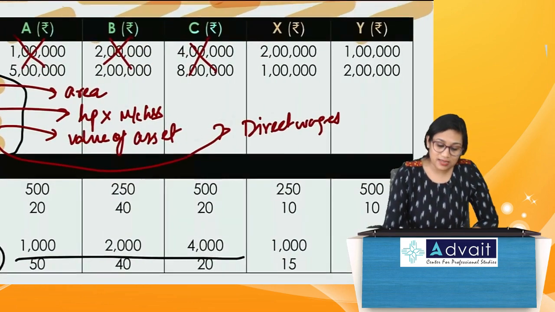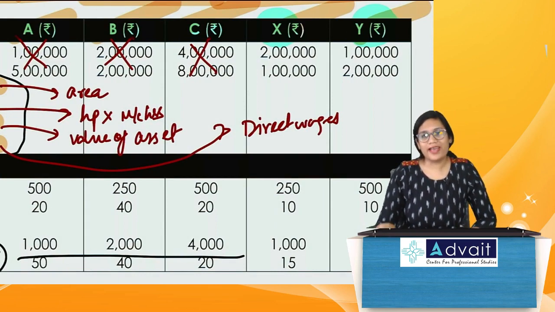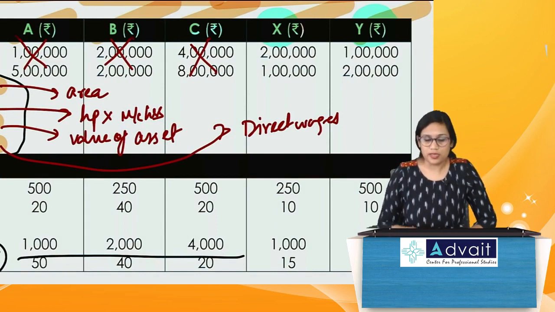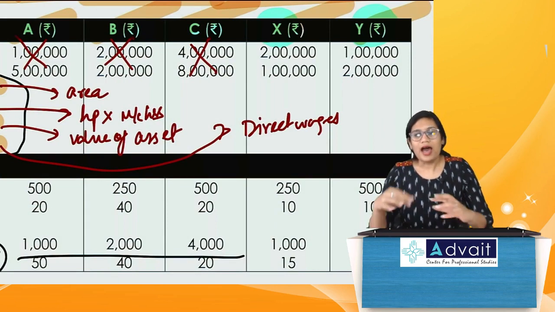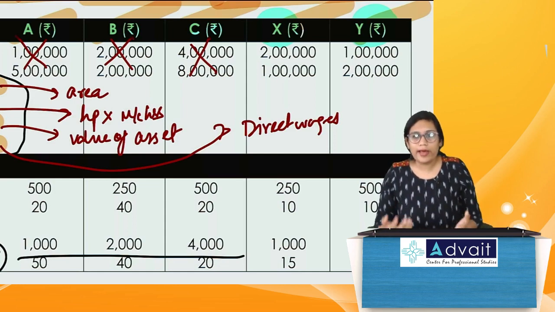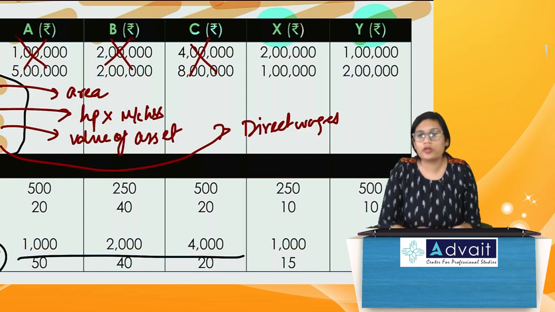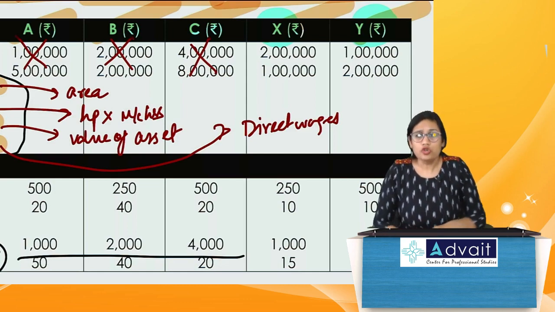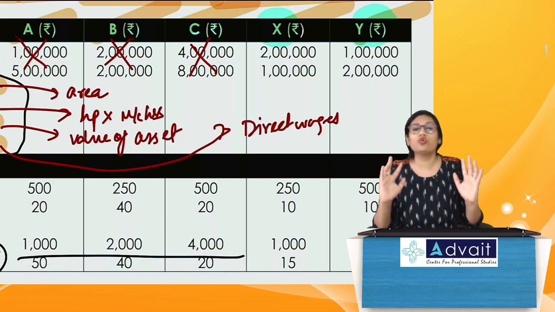But guys, when we are talking about X and Y, which are service departments in totality, service departments in totality are indirect to the product. Why? Because the product is not passing through them. The product will only pass through the production departments, which is A, B, C. So whatever is incurred in X and Y will anyway be indirect to the product.